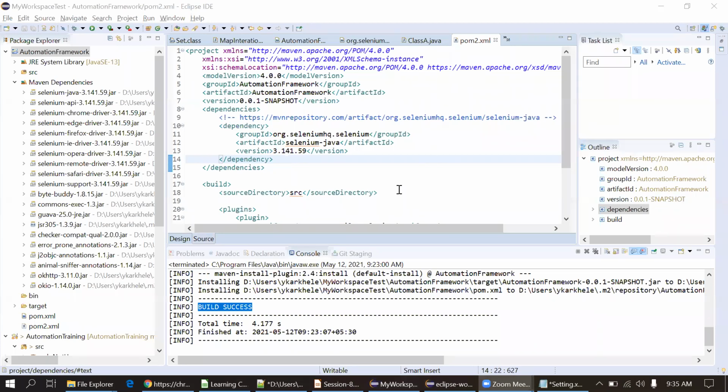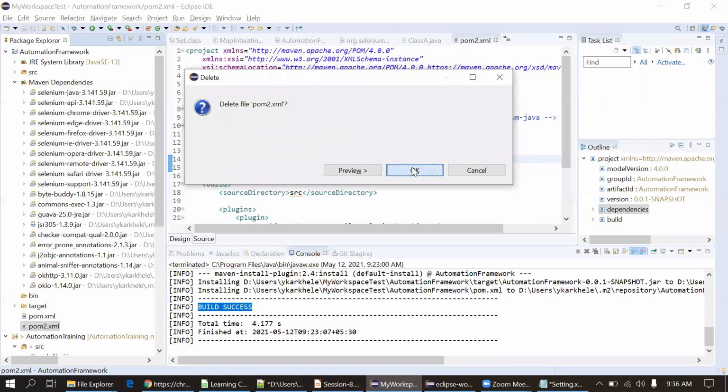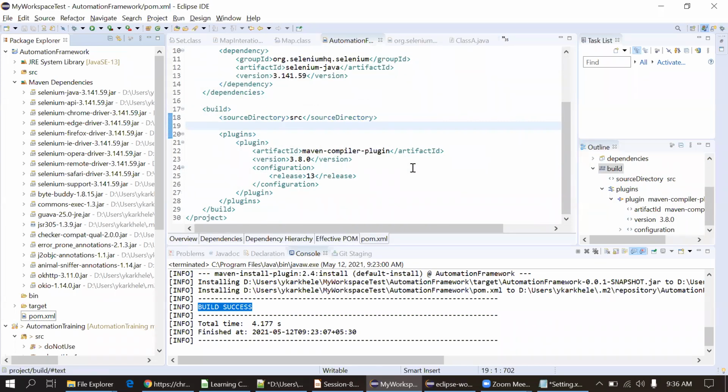Okay, that's great. Because see what happens, Yogesh. Whenever you push the project into the Git repository, most of the times we are not able to push the .exe file. No, we can push. Yes, we can push, but whenever someone else is pulling the project, he has to put the Chrome driver.exe explicitly and declare the location of the Chrome driver.